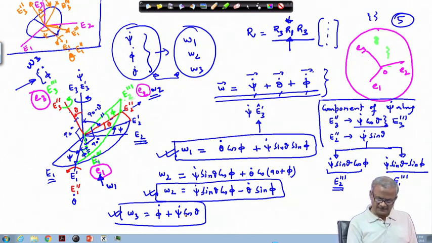So, summarizing, we have omega 1 equal to theta dot cos phi plus psi dot sin theta sin phi, omega 2 equal to psi dot sin theta cos phi minus theta dot sin phi, omega 3 equal to phi dot plus psi dot cos theta. So, this is final and this is correct. Okay. Now,